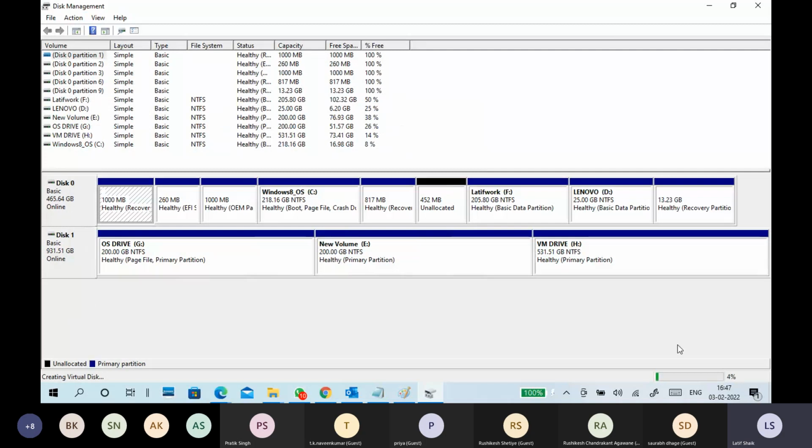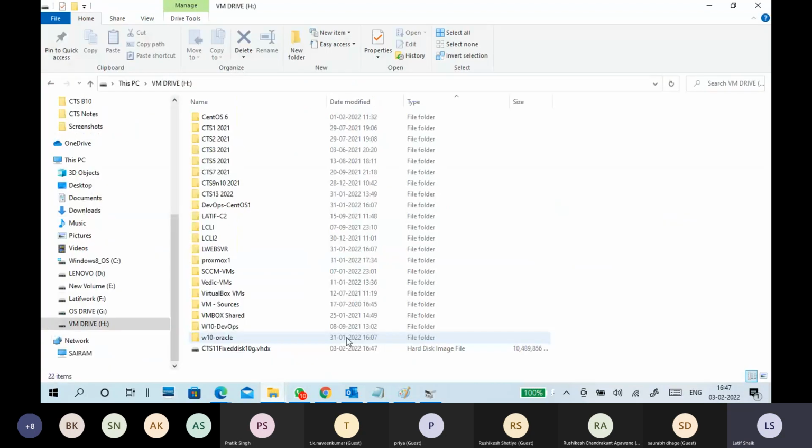It is creating, so don't worry. At the bottom it shows creating the virtual hard disk, 7%, 8%. You can also go to your location and see it. This is the virtual hard disk.